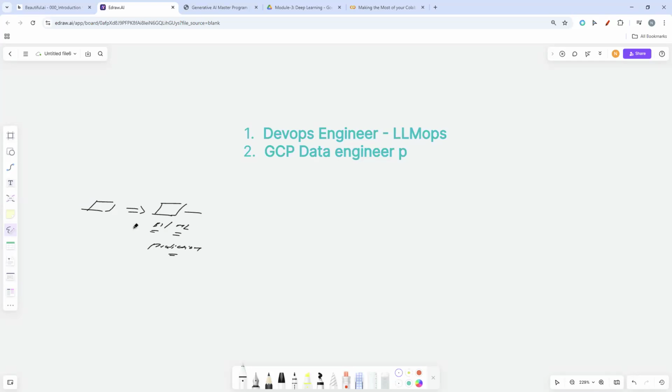Once this part is done, the generative AI engineer part can come up, where whatever application you have built, we will add some kind of services in between, and we might even include LLM capabilities for that particular application built by the ML engineer, right? So this is a combined thing, and a generative AI engineer can do this as well. Being a GCP data engineer, you already have very good knowledge of one part, and some knowledge of this part as well.